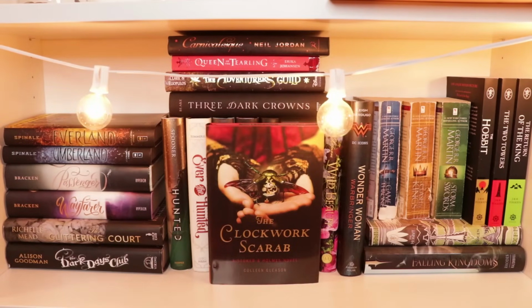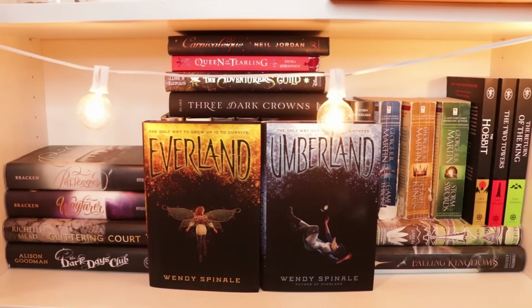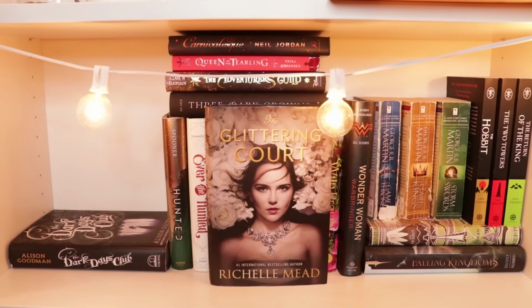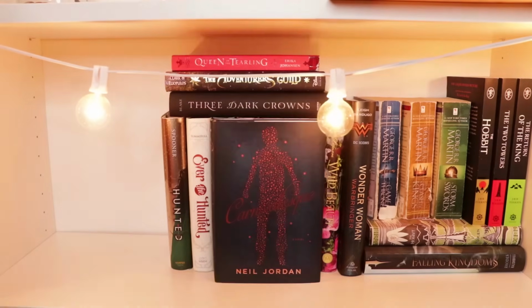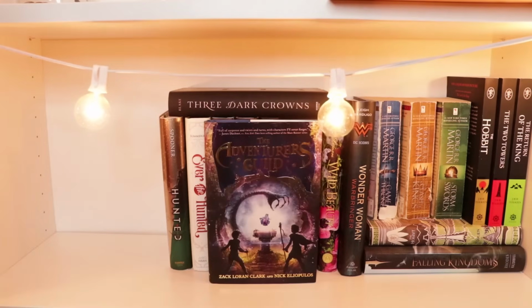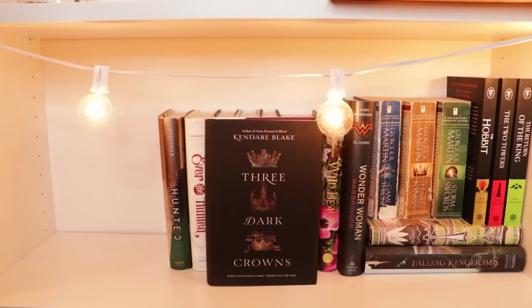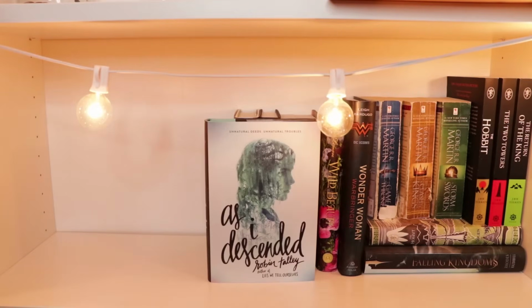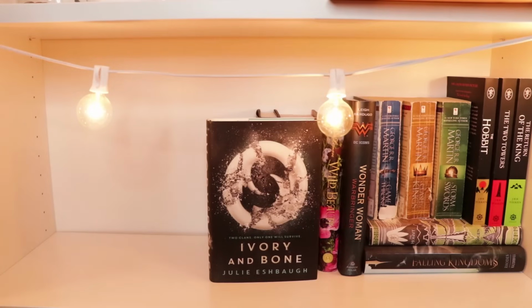The Clockwork Scarab by Colleen Gleason, Everland and Nevermore by Wendy Spinale, Passenger and Wayfarer by Alexandra Bracken, The Glittering Court by Richelle Mead, The Dark Days Club by Alison Goodman, Carnivalesque by Neil Jordan, The Queen of the Tearling by Erika Johansen, The Adventurers Guild by Zack Loran Clark and Nick Eliopulos, Three Dark Crowns by Kendare Blake, Hunted by Meagan Spooner,